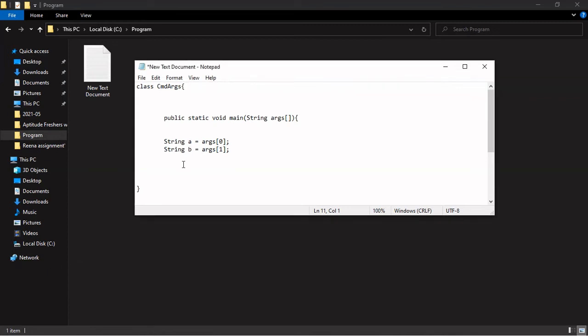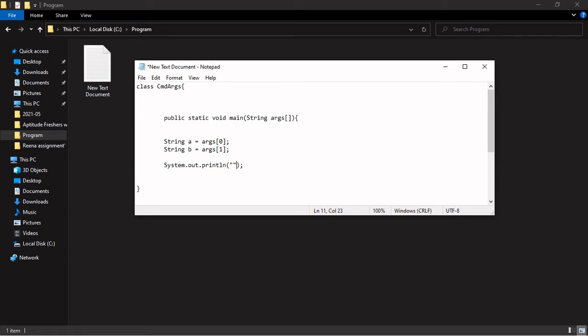So now we will print these two values to see whether the values stored inside variables A and B are correct or not. We will print using System.out.println.